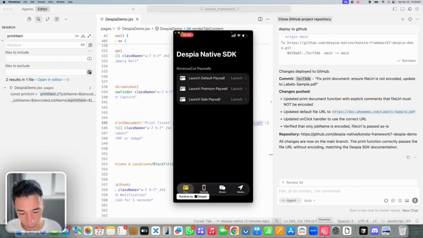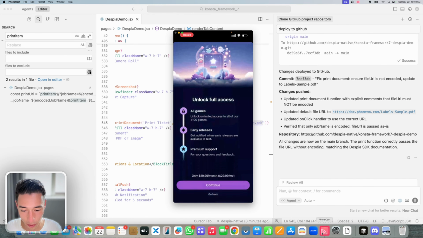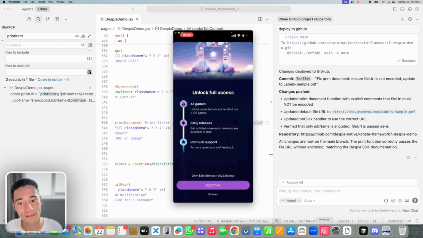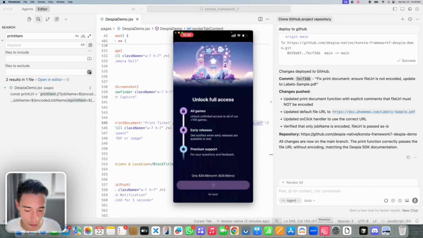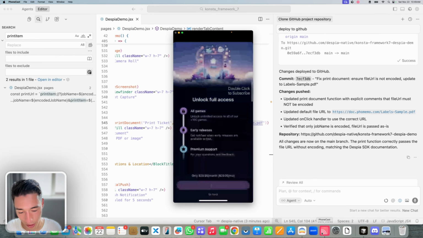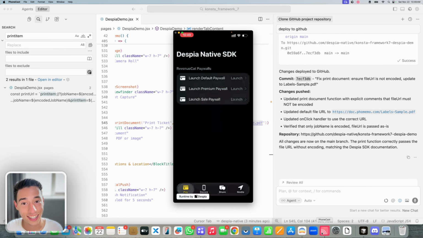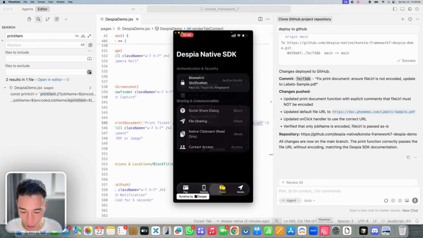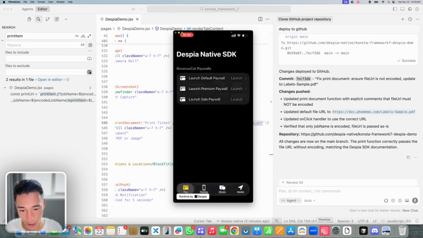Look at this. We got pay. We can launch a native RevenueCat Paywall. Just like this. We can do native in-app purchases with Apple Pay and StoreKit. Isn't this amazing? And then we got beautiful page animations and we have liquid glass support. Boom. And this is how you build a beautiful web-native mobile application using Despia and Konsta UI and Framework 7